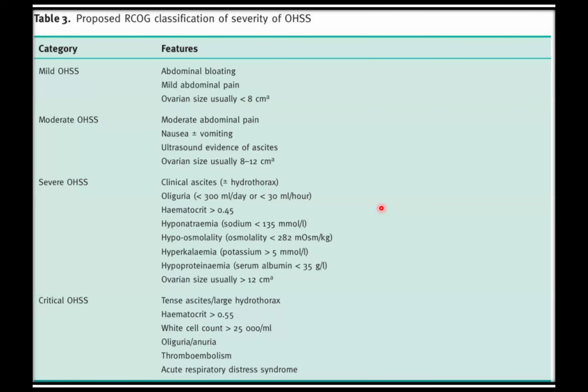Okay, thank you. Excuse me. Yes, doctor, it is written in the guidelines in case of mild, moderate, and some cases of severe OHSS, we will manage the patient as an outpatient. Yes, outpatient, exactly. But when you go further in the guideline, they have mentioned that admission also depends upon the clinical condition of the patient at that moment, whether she's able to keep the fluid or food down or not. How is the patient's general condition at that time? So we have to assess that as well. I will share that screenshot in the group.